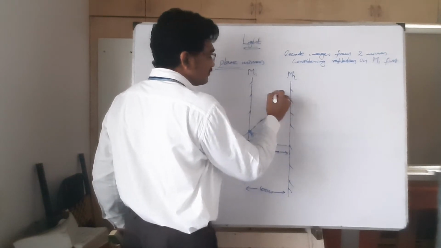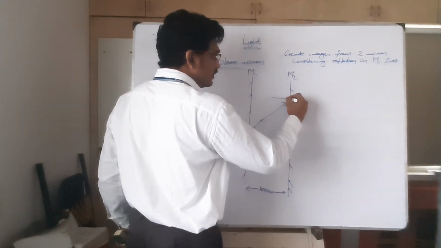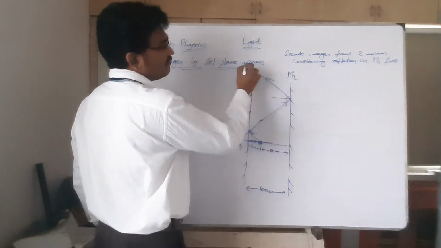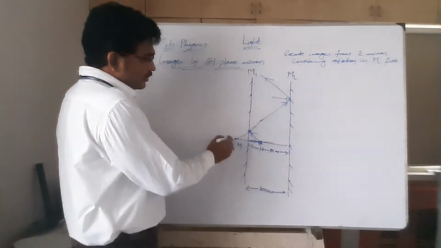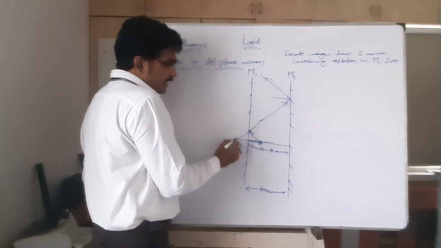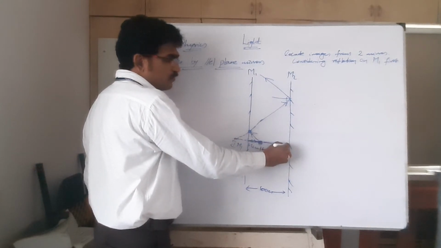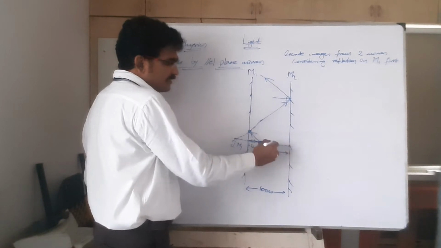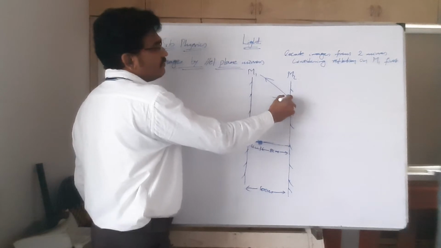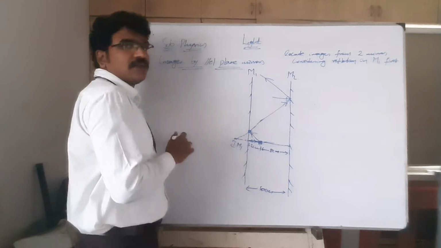Now this is the normal, then this is the angle of incidence, and I will take the angle of reflection like this. Now this is the reflected ray. So I take this as the object. From this, one incident ray strikes M2, and another incident ray strikes like this, perpendicular to M2, so the angle of incidence for this is 0. This reflected ray will come in this direction, but the other reflected ray is moving in this direction. These two reflected rays cannot meet.